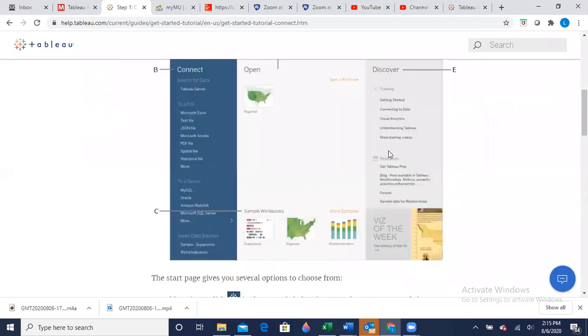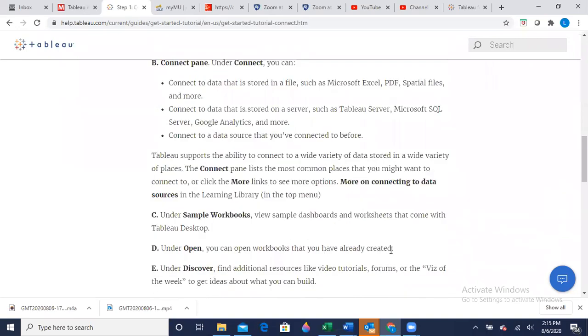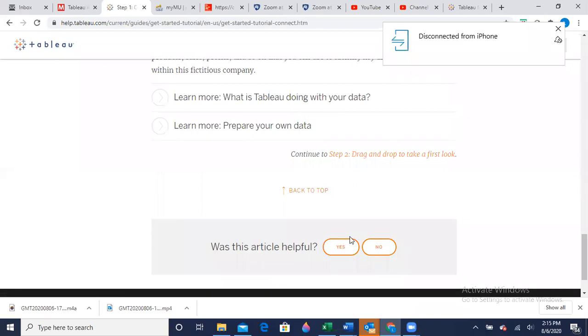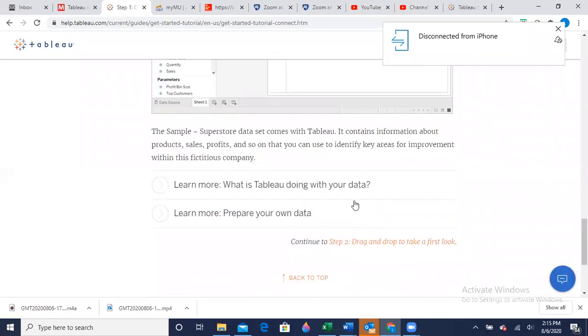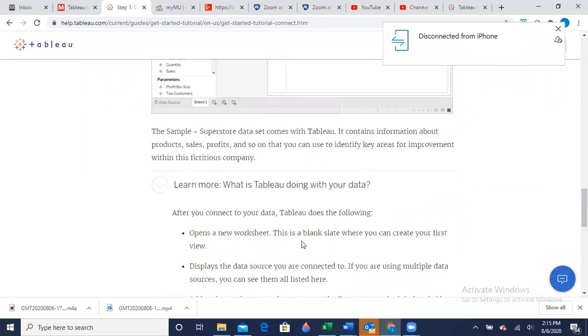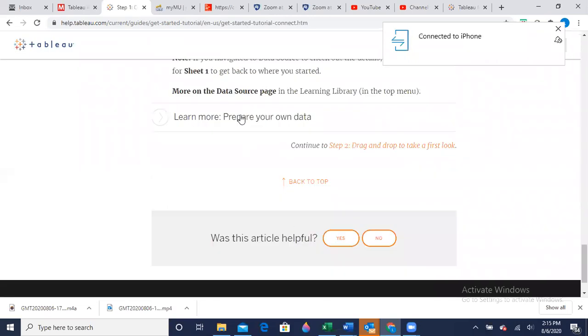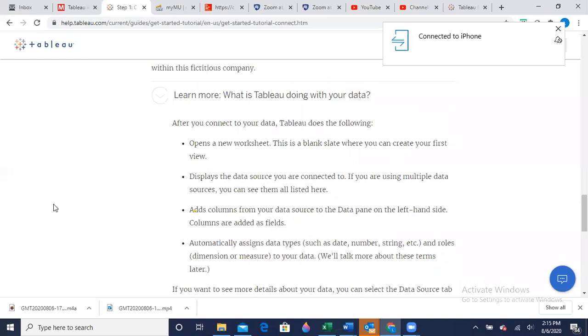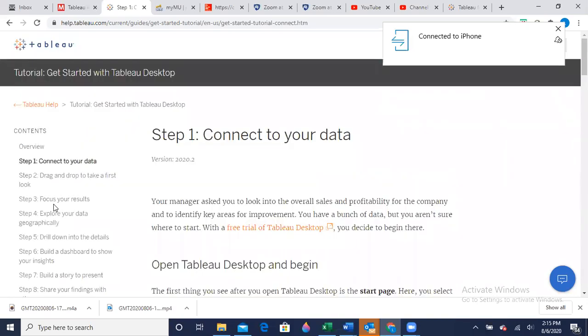So it's showing you the different information. This could take an hour and a half to complete, but it's important that you take a look at each part of this. What is Tableau doing with your data? Prepare your own data.